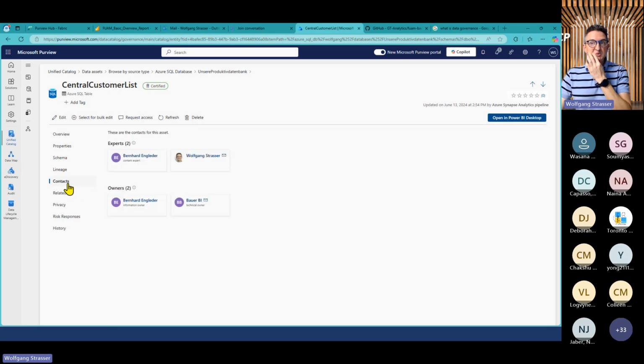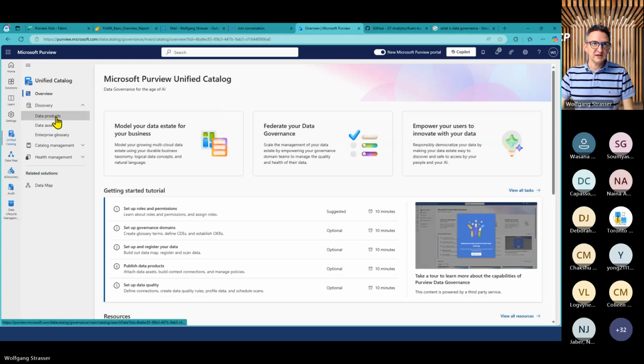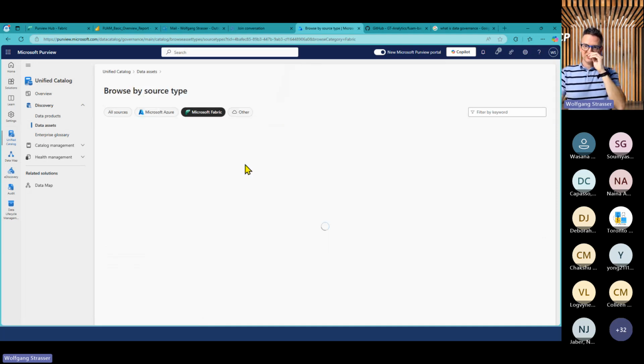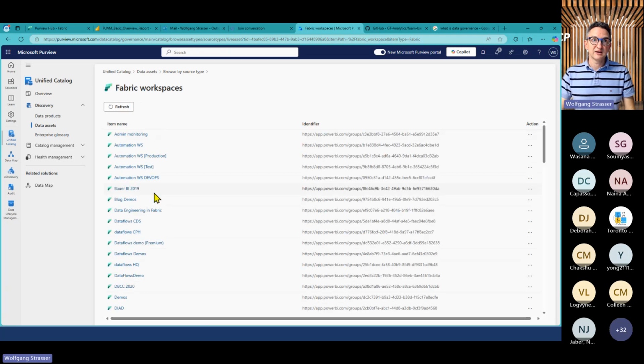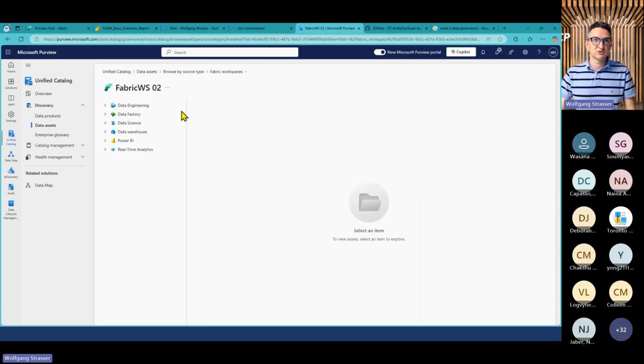The context. So responsibility. It's really important to define the responsibilities. But the most important and most interesting stuff in here, if I get back to the data assets, there is a so-called live view. So I said we can register Fabric, but there is also a live view from Purview directly into your Fabric environment. And you don't need to scan that one. You can just go, well, browse by type, Fabric, and get to that Fabric workspace 02, and you get all the information like the lakehouses that are in there.